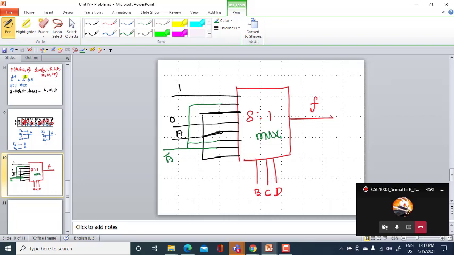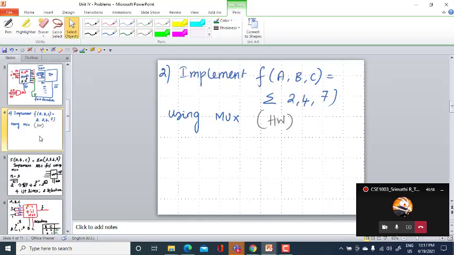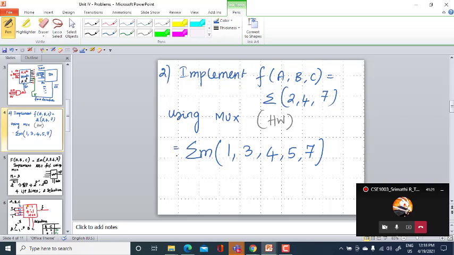Okay. So I am giving you 2 homework problems related to mux. One is to implement the function of A, B, C with minterms 2, 4, 7. And the other is the sum of minterms 1, 3, 4, 5, 7 for the function f of a, b, c.